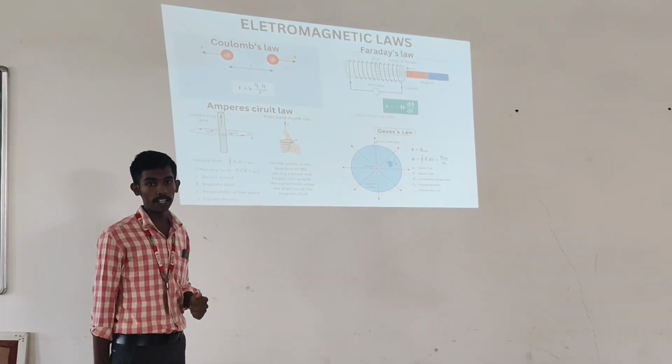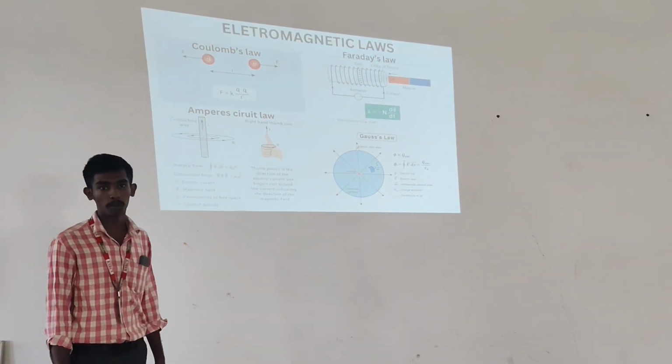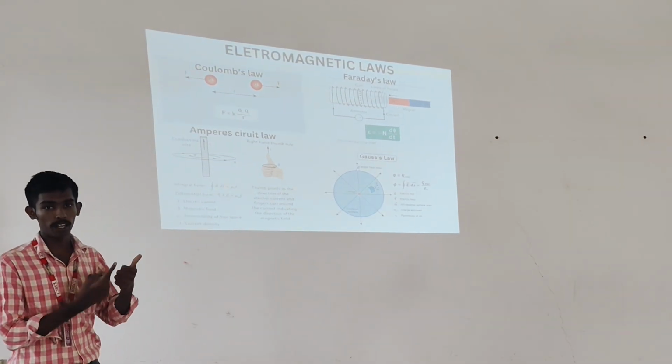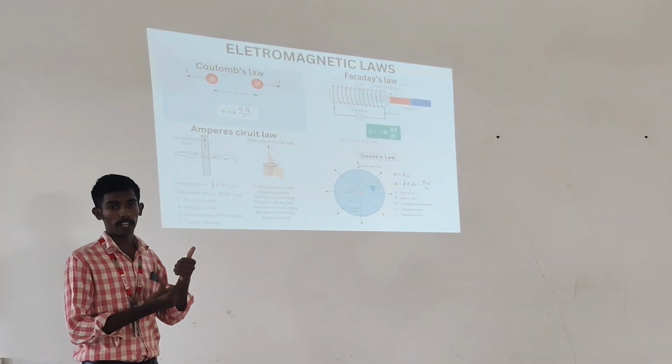We can find the direction of the magnetic field using the right thumb rule. We need to place the thumb in the direction of current, and the palm will show the direction of the magnetic